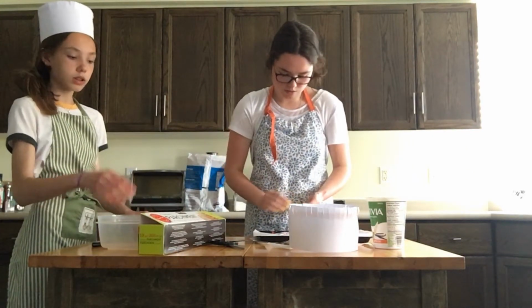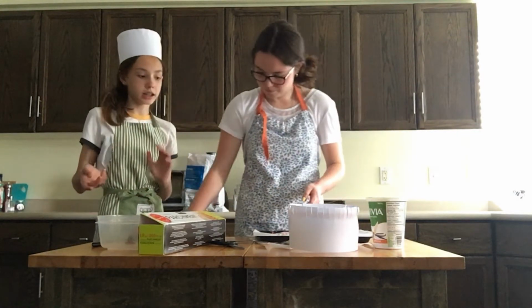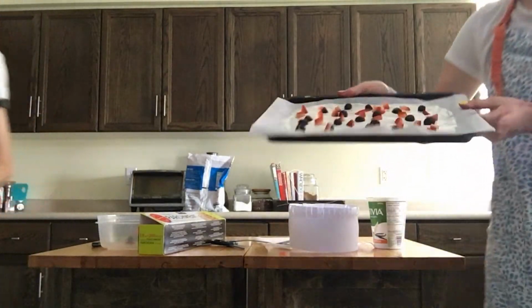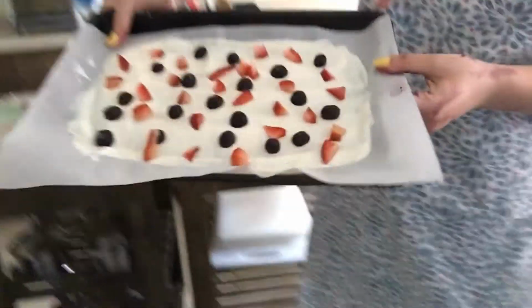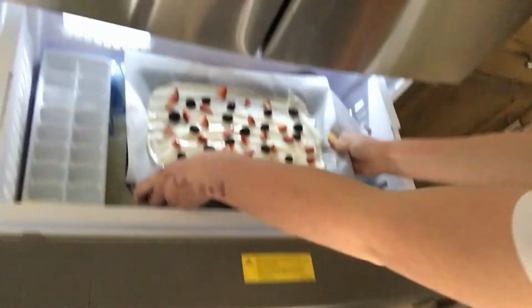Okay. So now we are going to put the pan of yogurt, soon to be bark, into the freezer. This is what your sheet should look like right now before it goes into the freezer. As you can tell, it's a very thin layer of yogurt. Open the freezer, make sure it's a nice flat spot. There we go, and you're gonna leave that yogurt bark in there